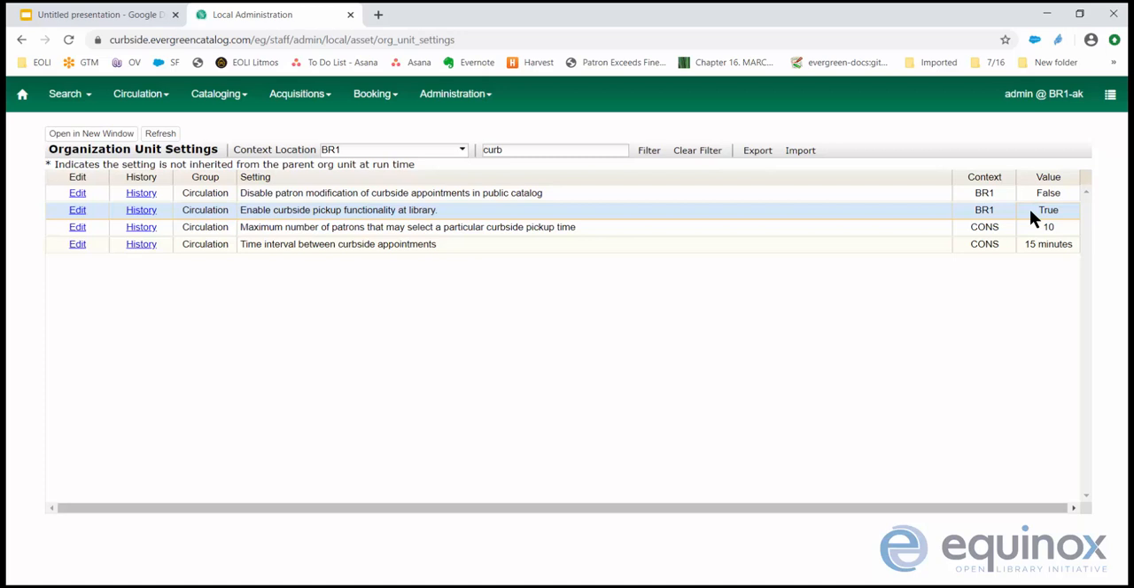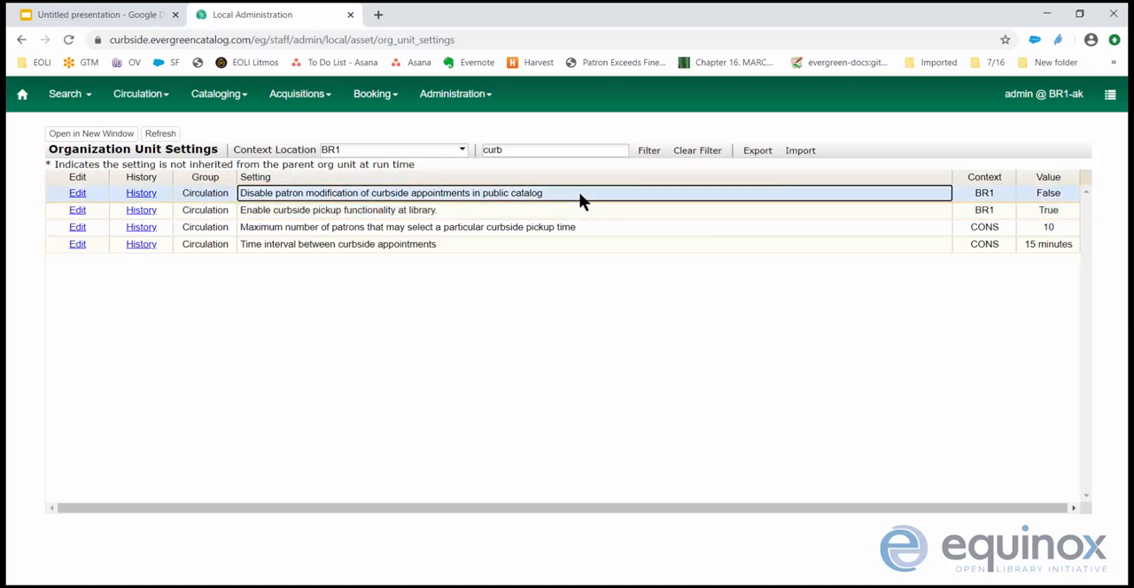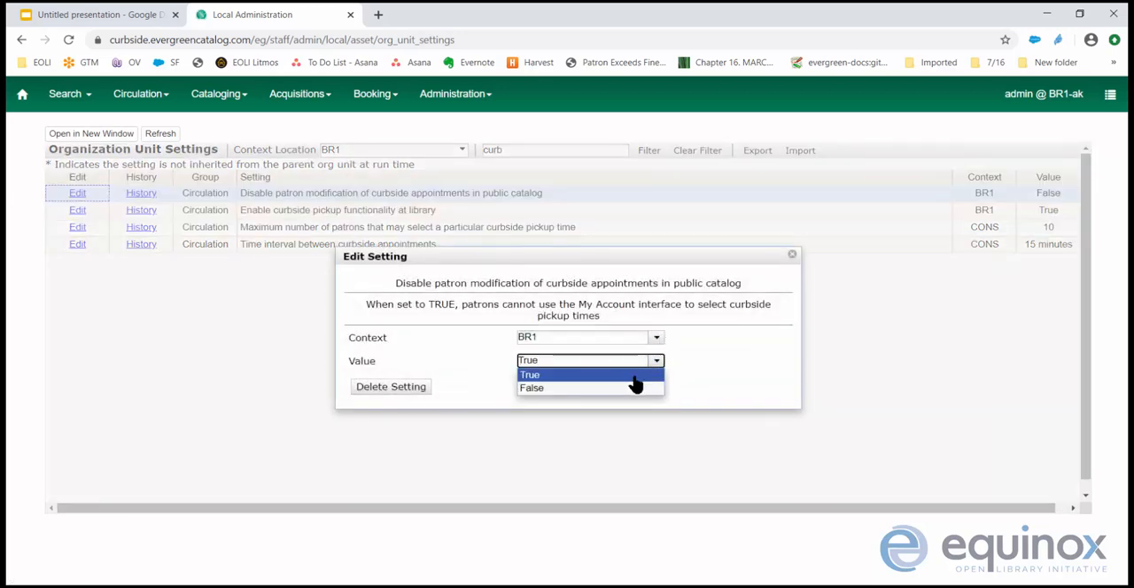If you want to configure the system so that patrons must contact the library to schedule a pickup appointment, and only library staff members can actually create those appointments within Evergreen, then you will want to use the setting called Disable Patron Modification of Curbside Appointments in Public Catalog. So you would click Edit and set this to True for the appropriate org unit context,